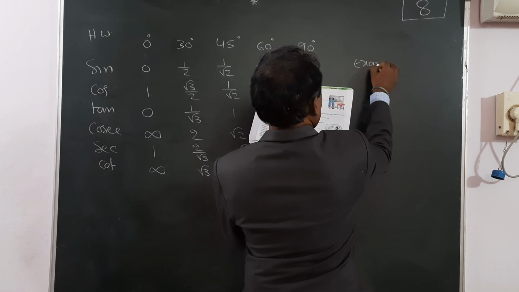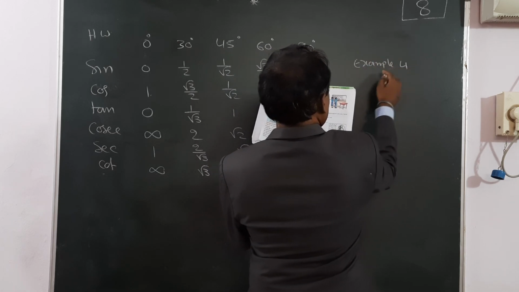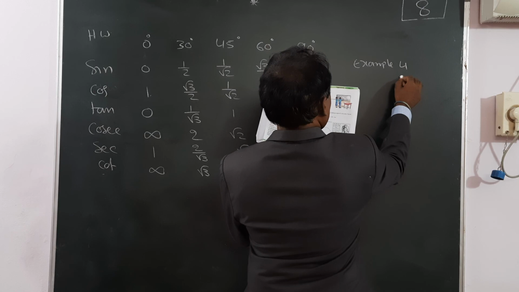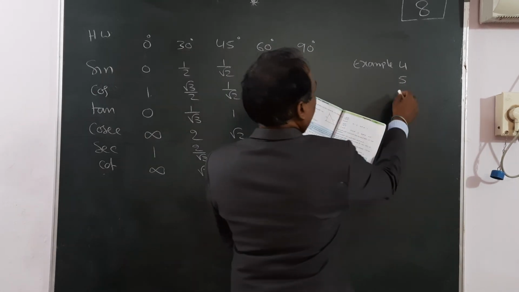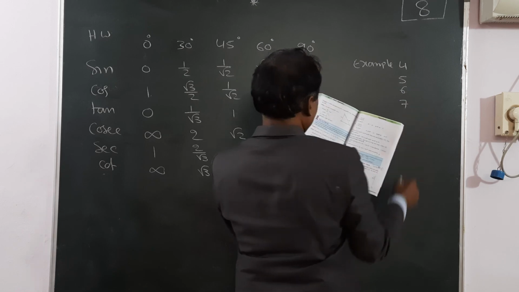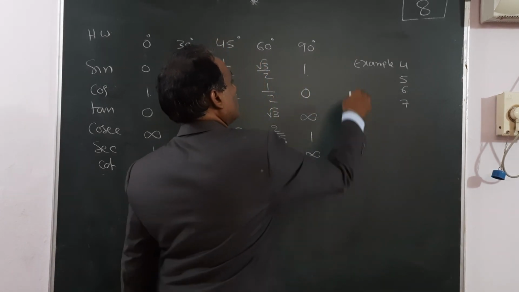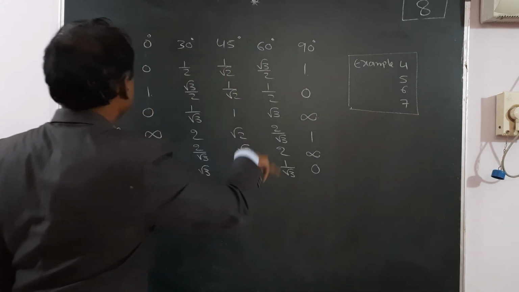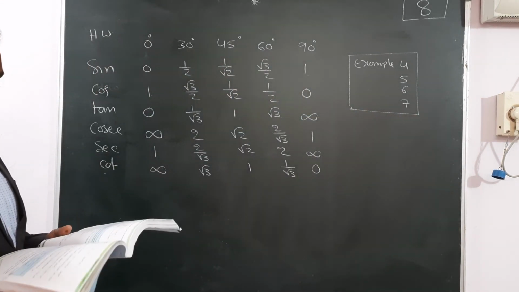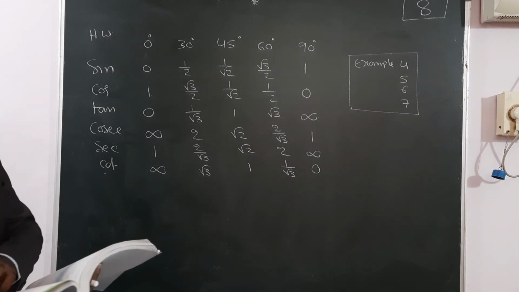example 4, 5 I completed, but once again you practice, you complete 6 also, 7 example also I completed. So these 4 examples, this is your homework, and this complete table you have to remember. So this is your homework, please complete it,